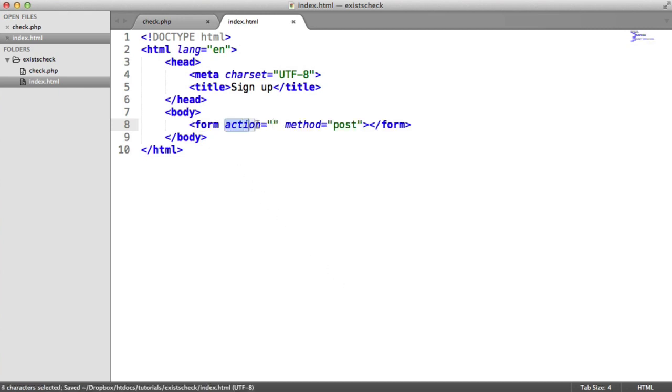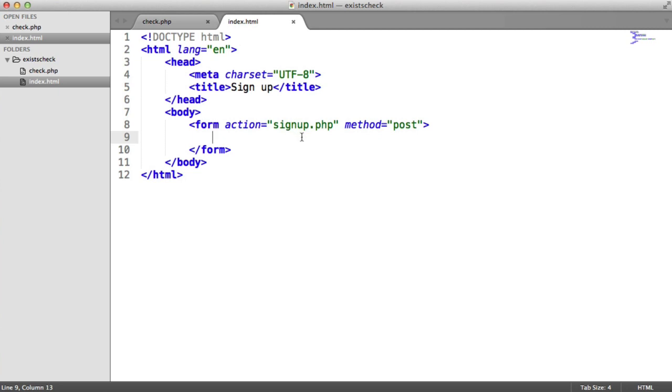So we've got an action, which is where your form will be submitted through to sign the user up or do whatever you're doing in this form. And we've got a method of post here. This has got nothing to do with the jQuery plugin. This can be get, which it wouldn't be if you were submitting a sign up, but you get the picture. This doesn't really matter. This has no relation to the actual checking of fields for existence in the